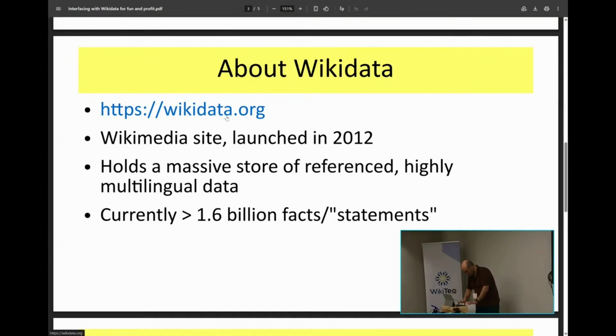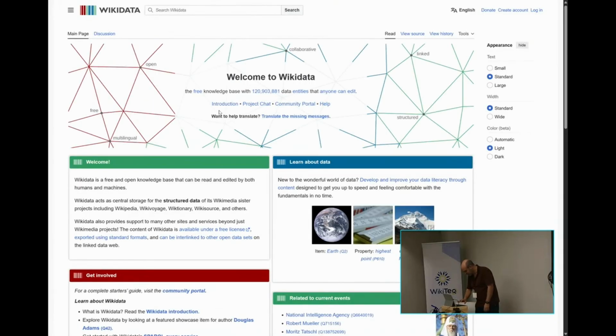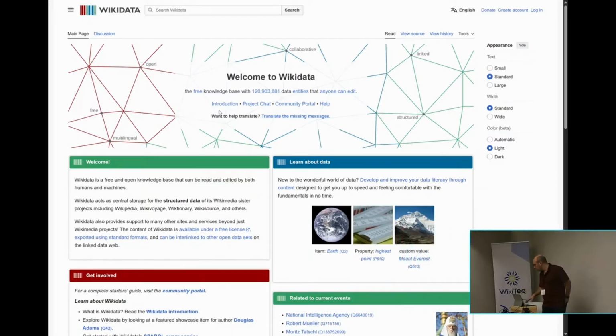So about Wikidata, it's at wikidata.org. Okay, great. So there it is. You may have heard about it before. It's a Wikimedia website, started in 2012, so it's not new, but definitely it should get more attention than it's gotten. It's a massive store of highly multilingual, i.e., however many hundreds of languages Wikimedia and MediaWiki support,